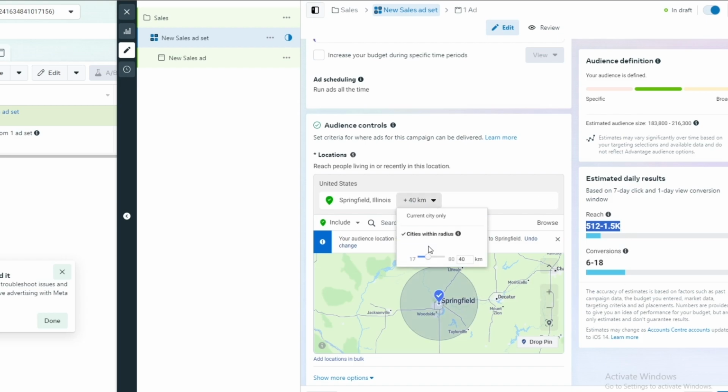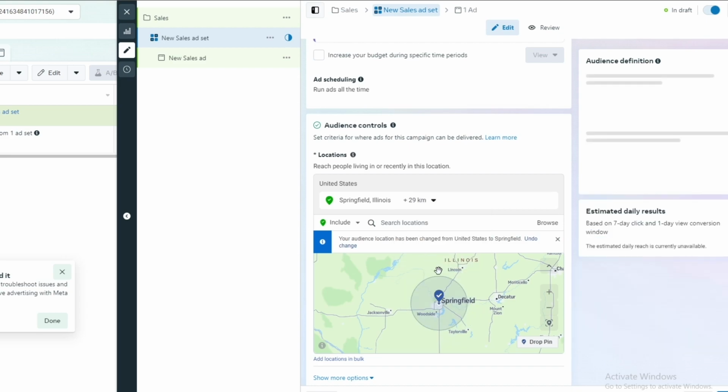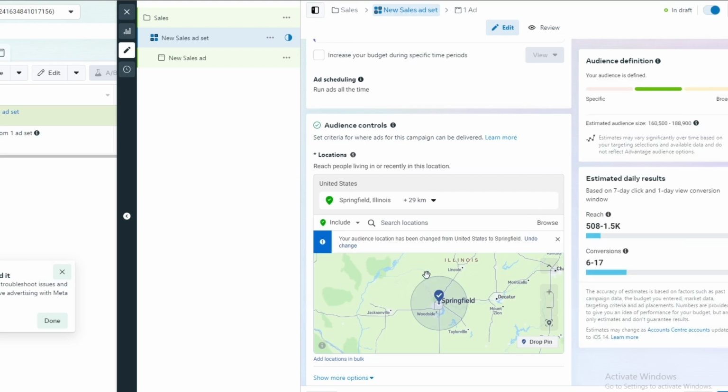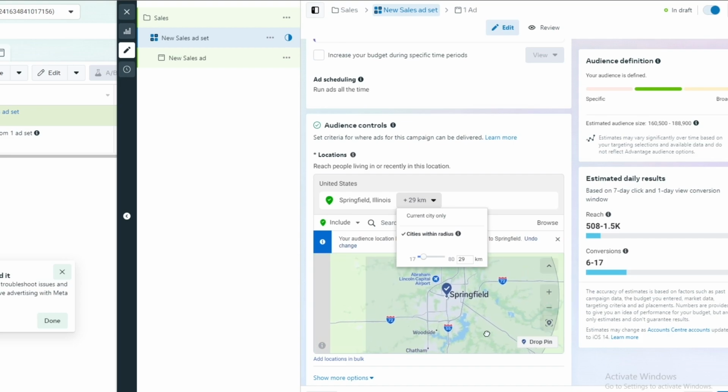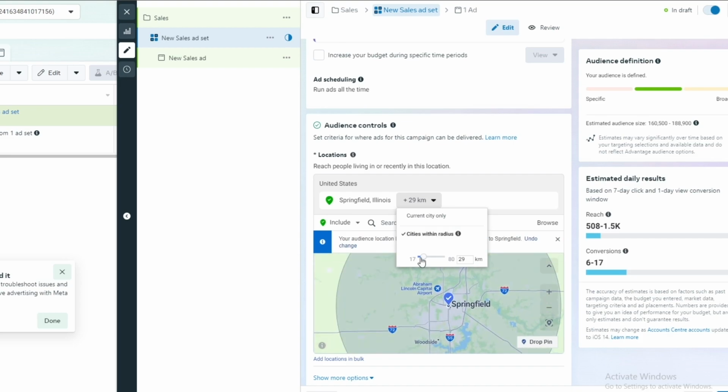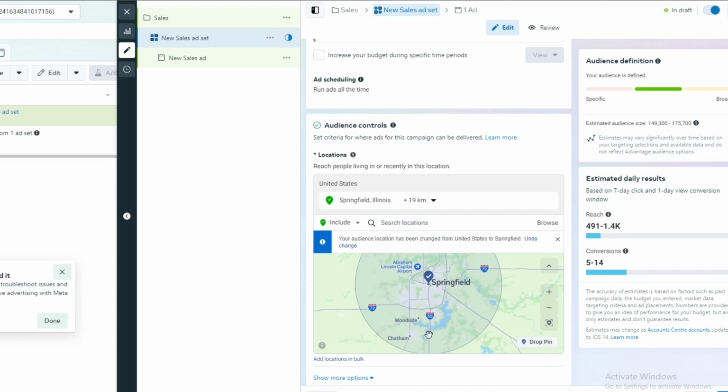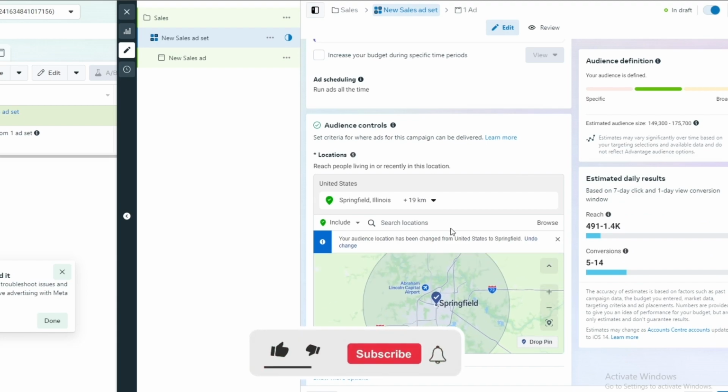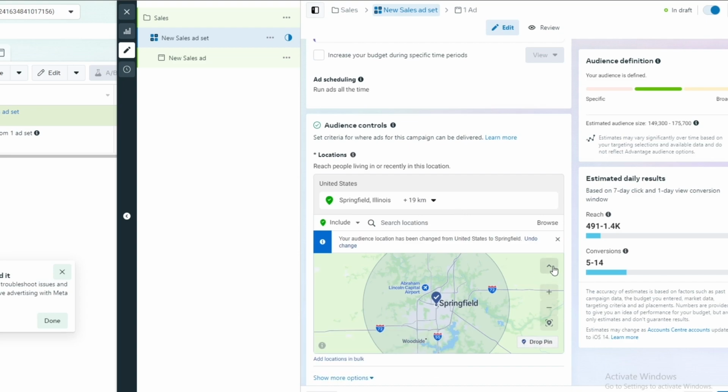And we can choose in what kilometers. So within 40 kilometers of the city, or we want to narrow it down to just 29 or 30. So as you can see, it's still a little bit broader. The whole city is around that area. We want to go ahead and go with a little bit less, 20. I think that looks good, reaching the other people as well, neighboring cities. So we'll just choose that. And yeah,